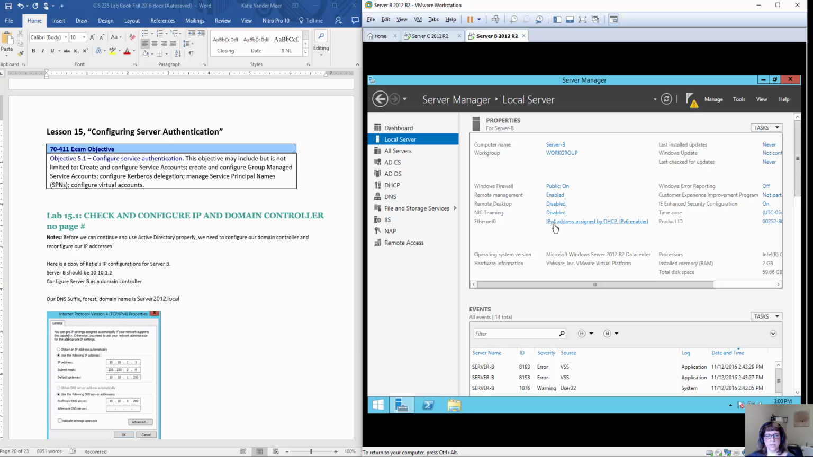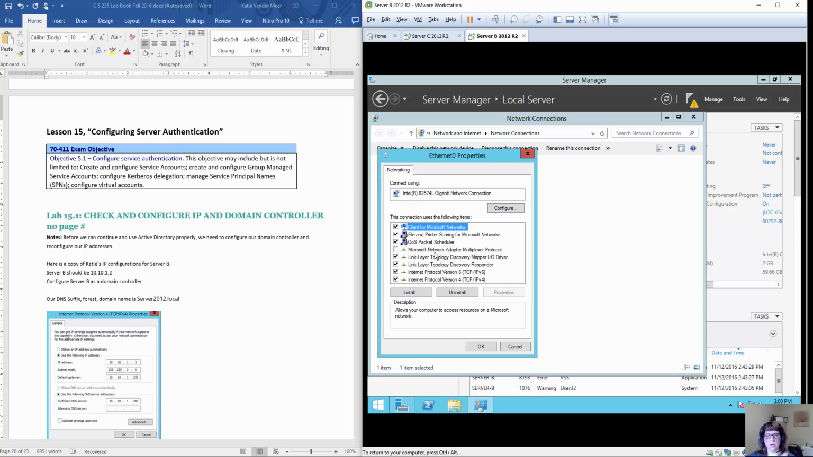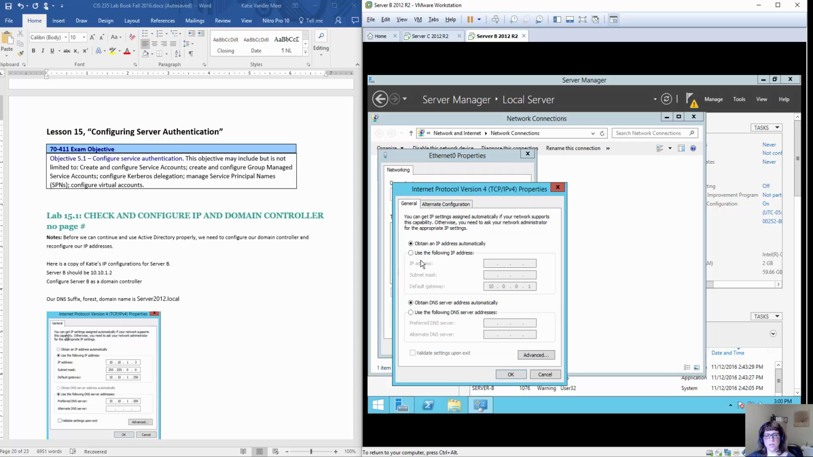I want to set up a work group and configure my IP. So I'm going to go over here to Ethernet 0. I'm going to click on that, and then I have Ethernet. I'm going to right click and go down to Properties. Then I'm going to go down to TCP/IP version 4, properties of that, and I want to assign a static IP. So my IP for server B, I have it listed in the document, is going to be